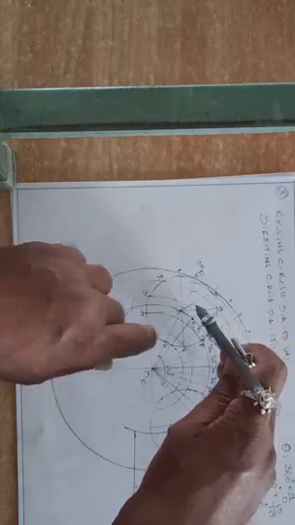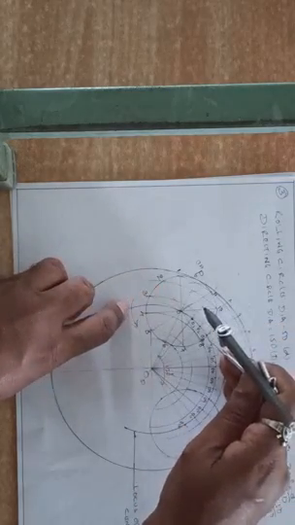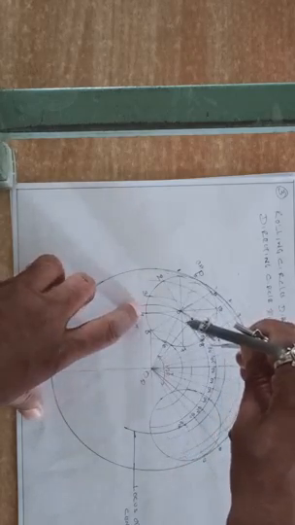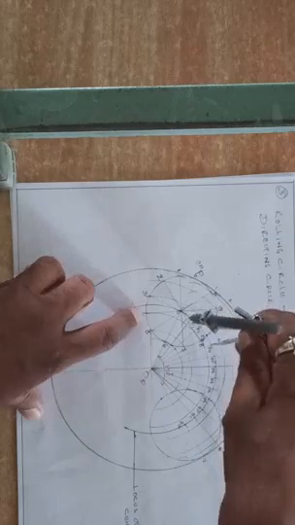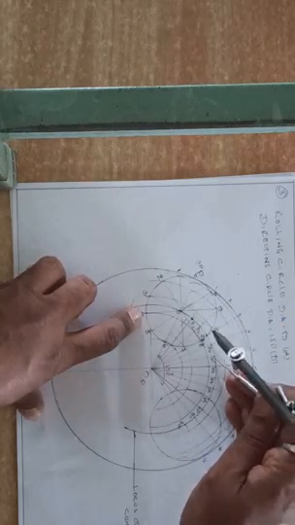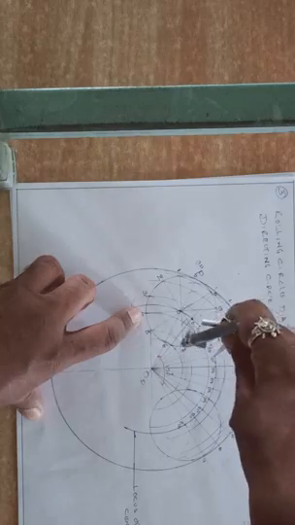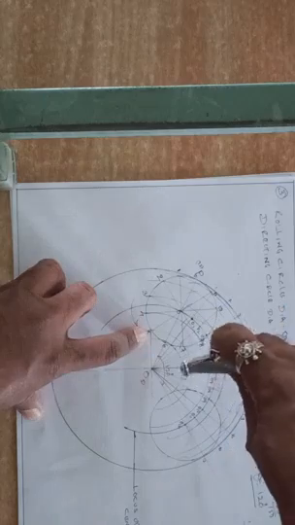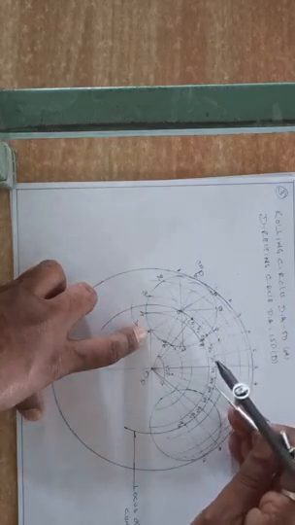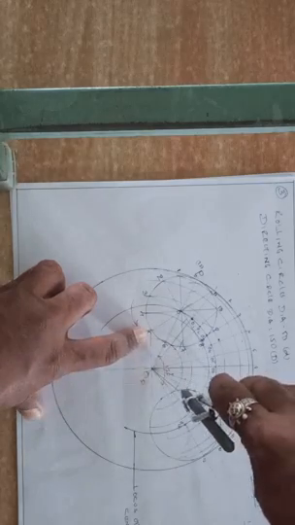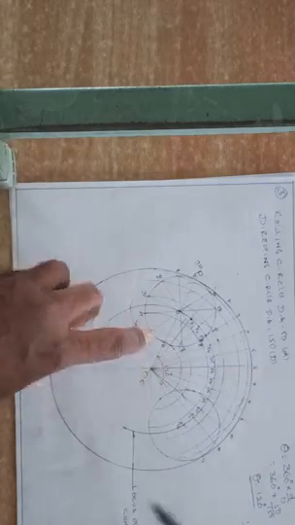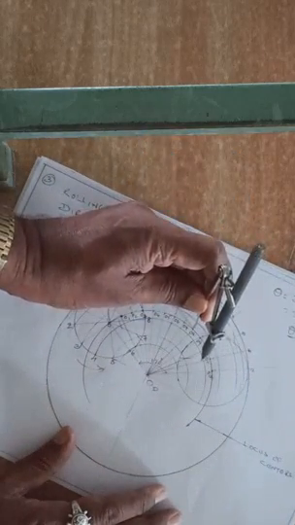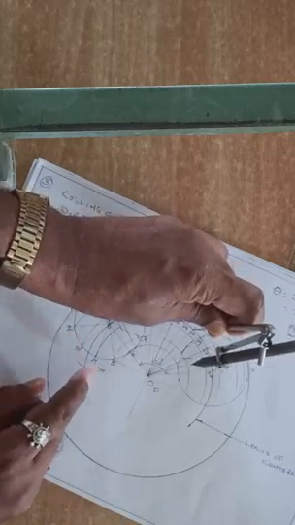Again with 2 as center, second arc. With 3 as center, third arc. Sorry, not line, arc. With 4 as center, the circle passing through 4. Then O5 as center, the circle passing through 5. Then 6, that is the circle passing through 6. Again 7. So the compass should move in anti-clockwise direction only. Be careful. Okay. So now O8, the circle passing through 8.